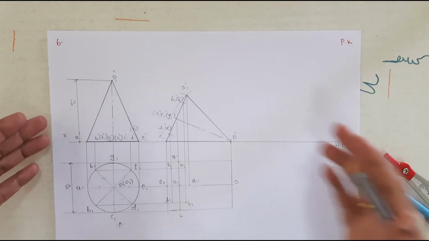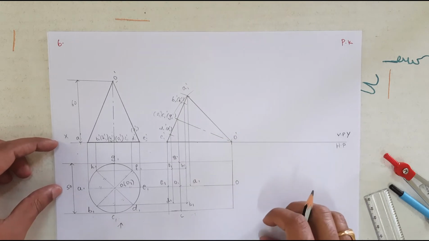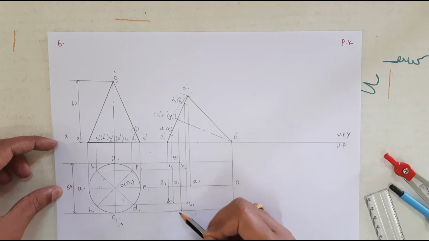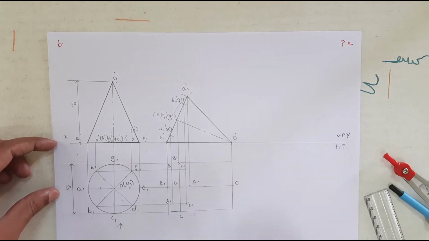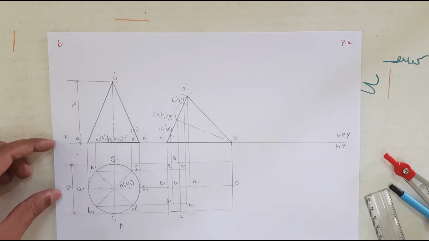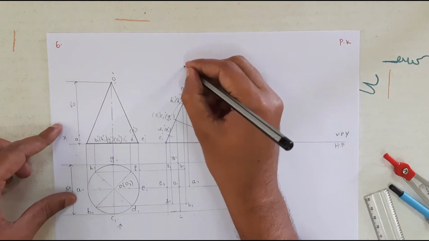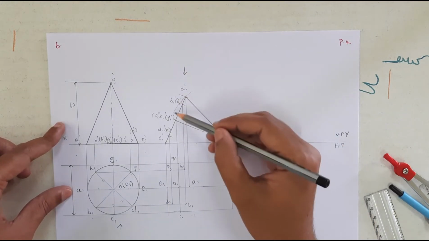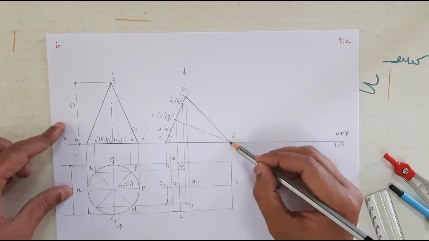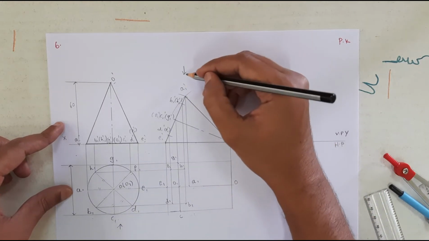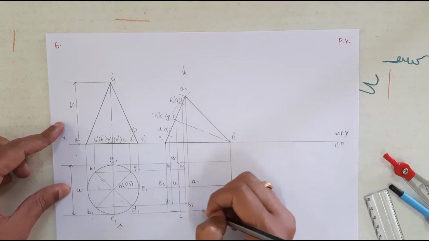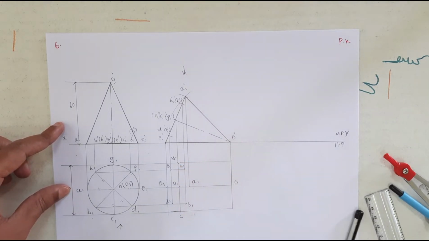Okay my friends, see, I have drawn all the vertical projections as well as horizontal projections, and I have located all the reference points in the top view. So the next step is to draw the top view. When the observer is looking from the top side, which side is nearer to the observer, the bottom face or the apex? Yes, the bottom face is nearer to the observer. Hence the bottom face must be dark.